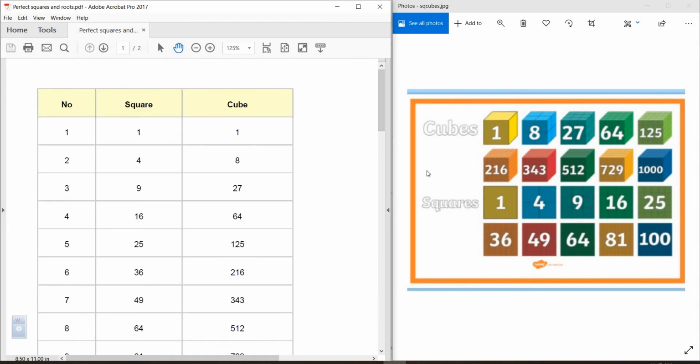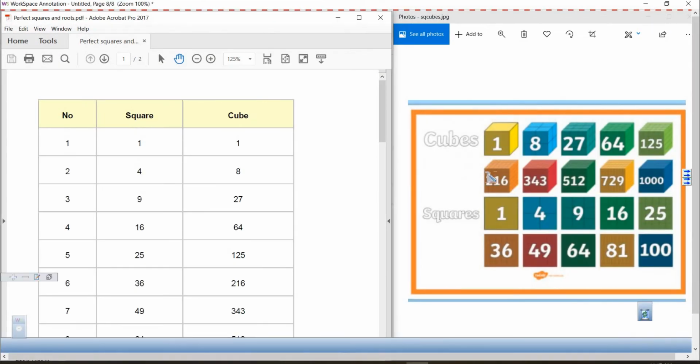Well, and it works very similarly for cubes, except now instead of finding area, we're finding volume. All right, so I'm going to write area right here for squares. And right up here for cubes, I'm going to write volume. Okay, so now we're finding the volume. All right, instead of just a 1 by 1 square, we have a 1 by 1 by 1 cube, right? Instead of a 2 by 2 square, we have a 2 by 2 by 2 cube. You get the idea? This is a 3 by 3 square. This is a 3 by 3 by 3